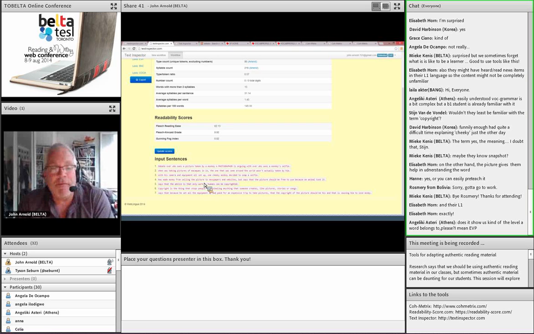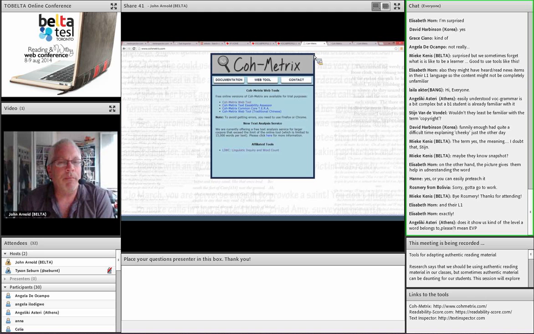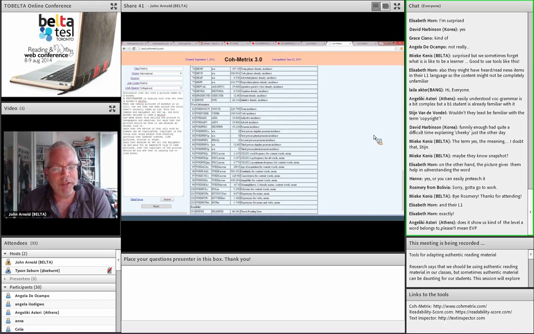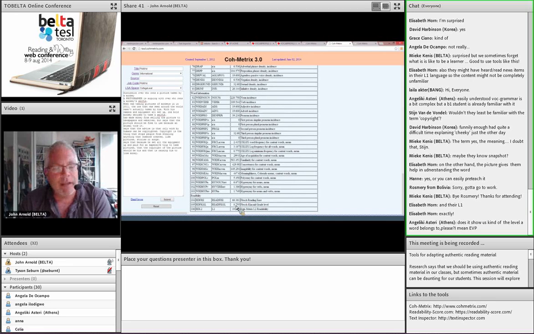Now that I've made the words a bit easier, what can I do with the syntax? And then again, in any one of these readability sites, for example using Coh-Metrix, which is again developed by the University of Memphis in America, you can put the text in, and what's nice is that you can work with the text here. So I put the text in, and if I scroll down, originally it gave me a readability level. I think I changed this one a little bit. Yeah, I changed some of the words already.